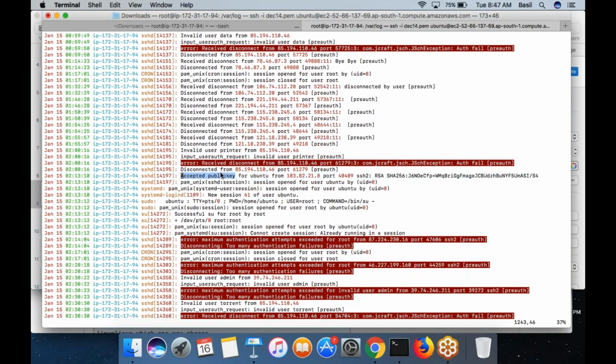What it says is accepted the public key for ubuntu from this particular IP. So somebody from this IP tried to log into your EC2 machine and they were successful to log in as user ubuntu. That's what this entry means. So basically, from this line you can see who logged into your system, from which IP he logged in, which username he had used to log in, whether the server accepted his key, and at what time this incident happened. All this information you can see inside this log file.